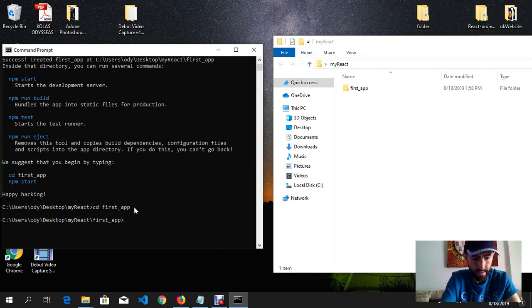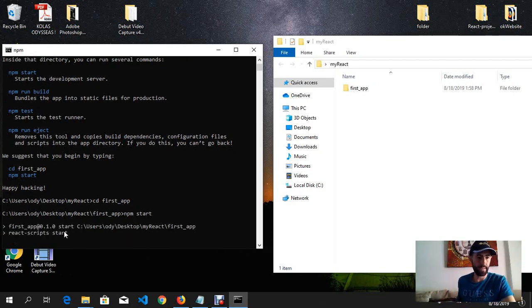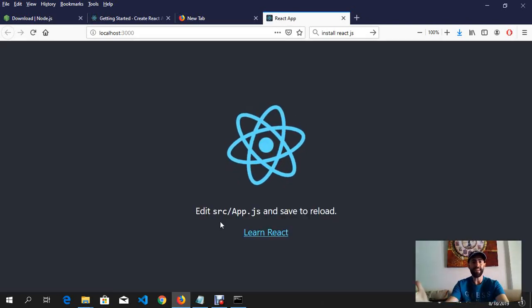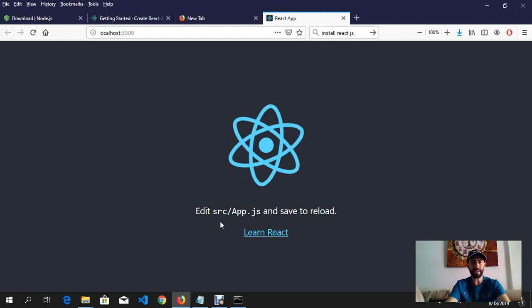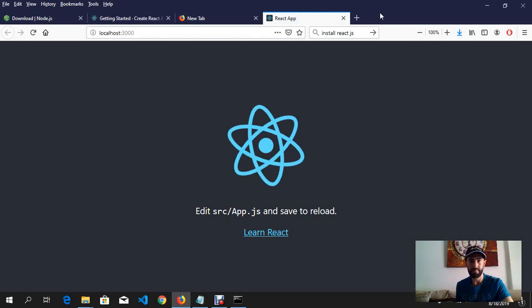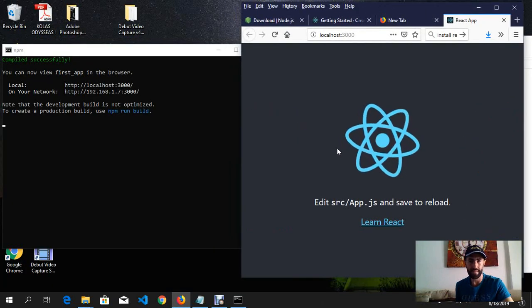And how can we see our React app? Just write npm start and it's going to start automatically. Okay, you see here, it's going to start. And voila guys, this is our first touch with React.js. I hope that you like it. And here, yes, React.js. Isn't it amazing? Okay, now that you have installed your React.js,